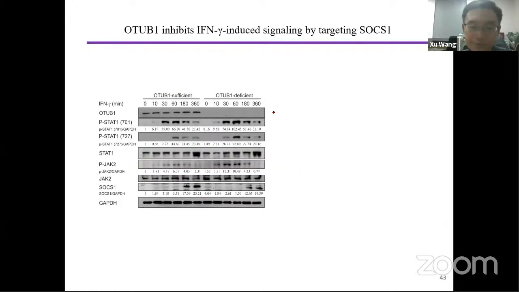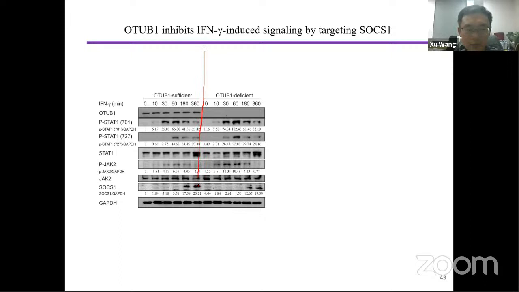And later, with Western blot, I also found that OTUB1 inhibited interferon gamma-induced intracellular signaling pathways, the JAK-STAT signaling pathways. And